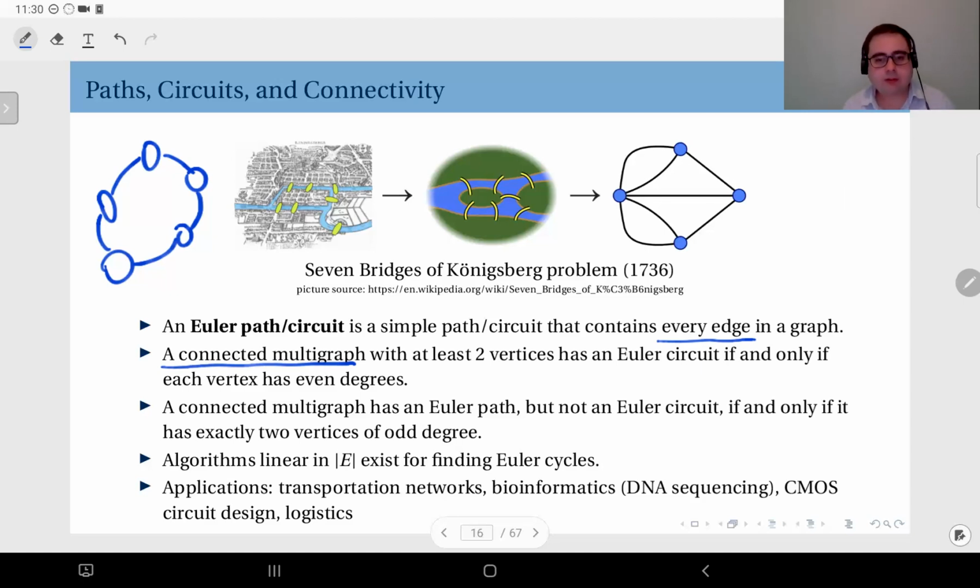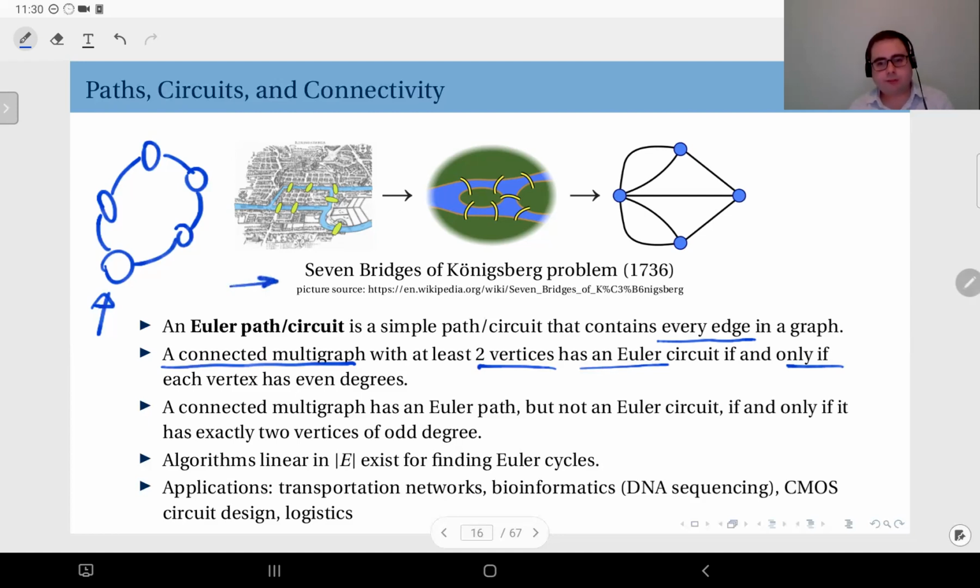A connected multigraph with at least two vertices has an Euler circuit if and only if each vertex has even degrees. Okay, so you can find an Euler circuit, something like this, passing through every edge if and only if each vertex has even degrees. Now, this problem has some historical roots, and it's based on what is called the